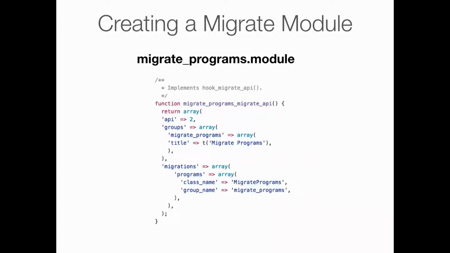Then I have my module code. So this is what goes in the module folder. And here it says implement hook migrate API. So I'm telling Drupal, hey, Migrate API, I have a migration that I want to run, and it's called Migrate Programs. So if you're creating a migration, you can use pretty much the same code, and you're just going to swap out Migrate Programs with